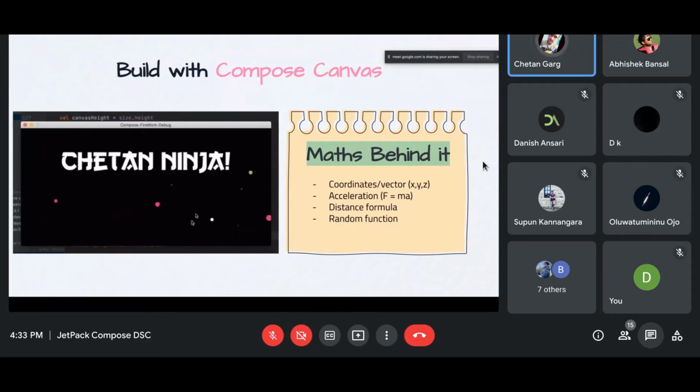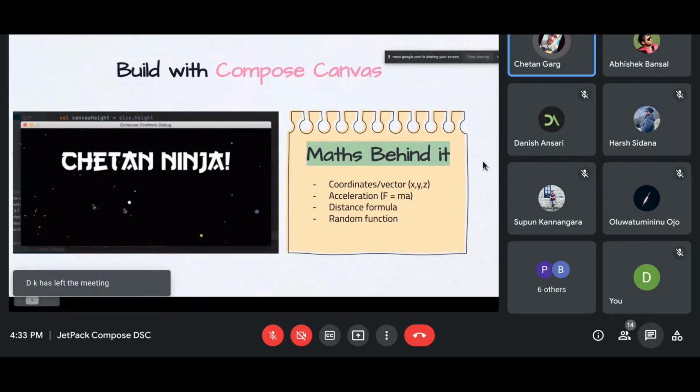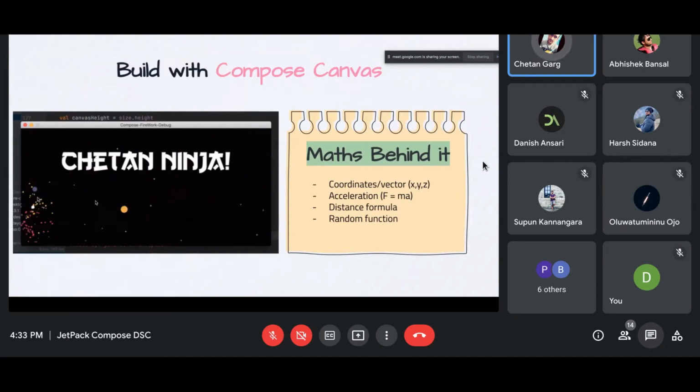Now I have to create the second complex thing, this interaction. When I go close to any of the balls, it explodes. How am I doing that? I have created a small white dot, I don't know if that is visible, a small player circle. I'm using the distance formula. To detect overlapping or touching behavior, if two objects have zero distance between them, it means they are overlapping each other. I've used the same philosophy here.